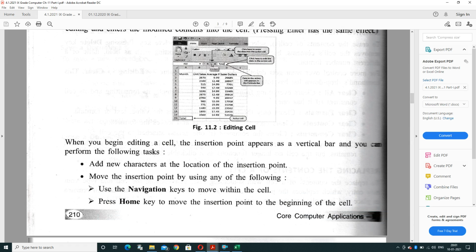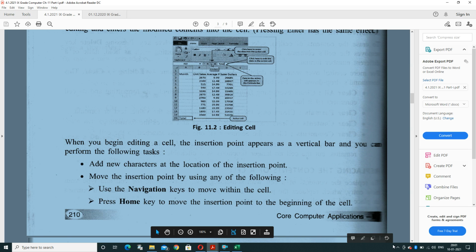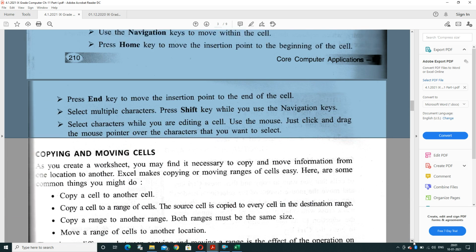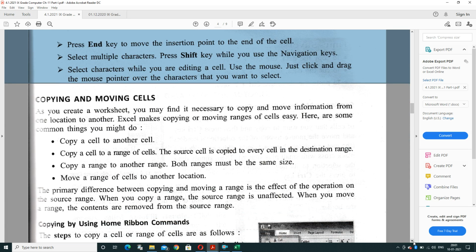One more thing I want to tell. When I'm changing the value here, when I select the cell, the value will be shown in the formula bar also. I can change it from here also. I will directly bring the cursor here, change the value and press enter. It will be typed in the cell also. It means whatever I type in the formula bar will be displayed in the cell which is active. One more thing,